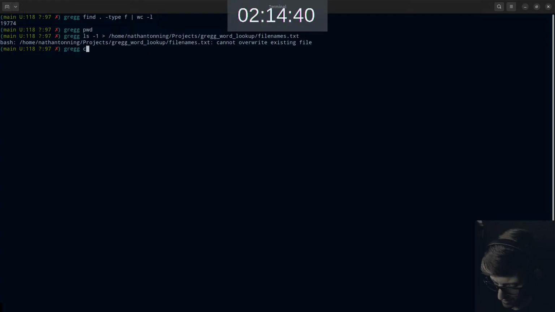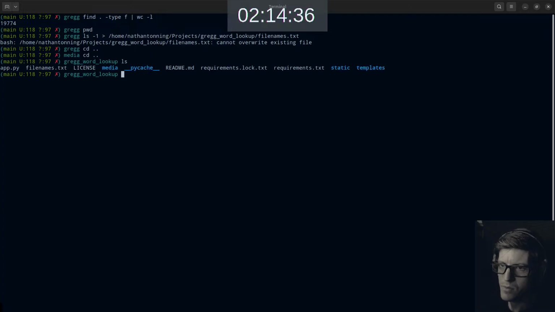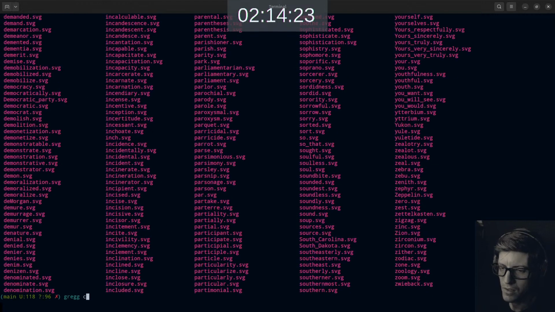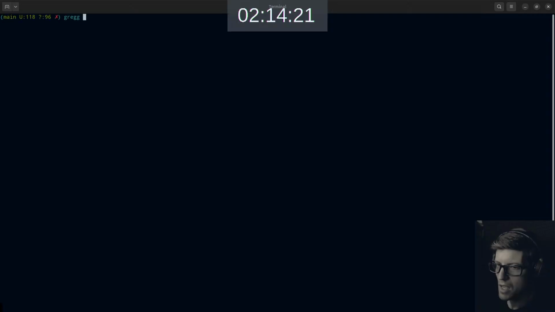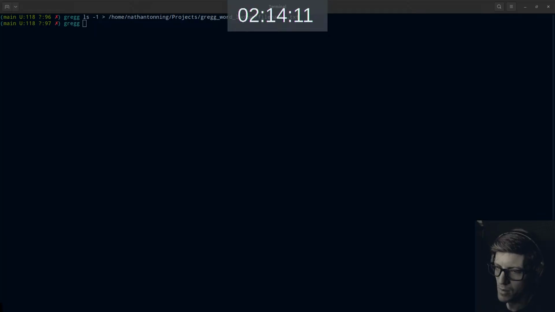We go back here, cd, ls, we can rm filenames.txt, go back in cd media and then Gregg. Good. Clear that out. And let's go ahead and rewrite the file names. Okay, so now we have the updated file names, which then means I'm going to go over to my directory here